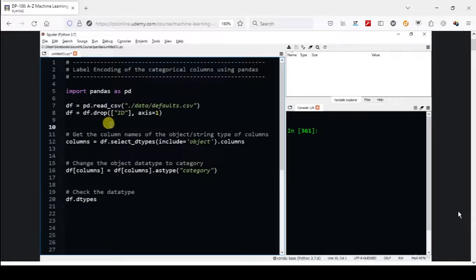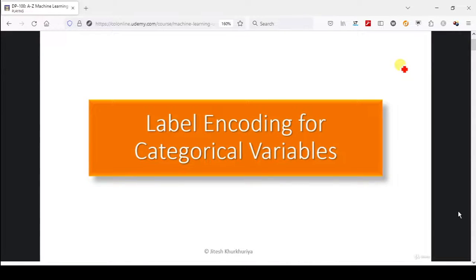Welcome back. So far, we have seen how to import pandas packages, how to read CSV and TSV files using the read_csv function of pandas, and we also saw how to replace the missing values for categorical and numerical variables using fillna, apart from various other data processing steps. And now in this lecture, let's try to understand a few more things, particularly what we call label encoder for categorical